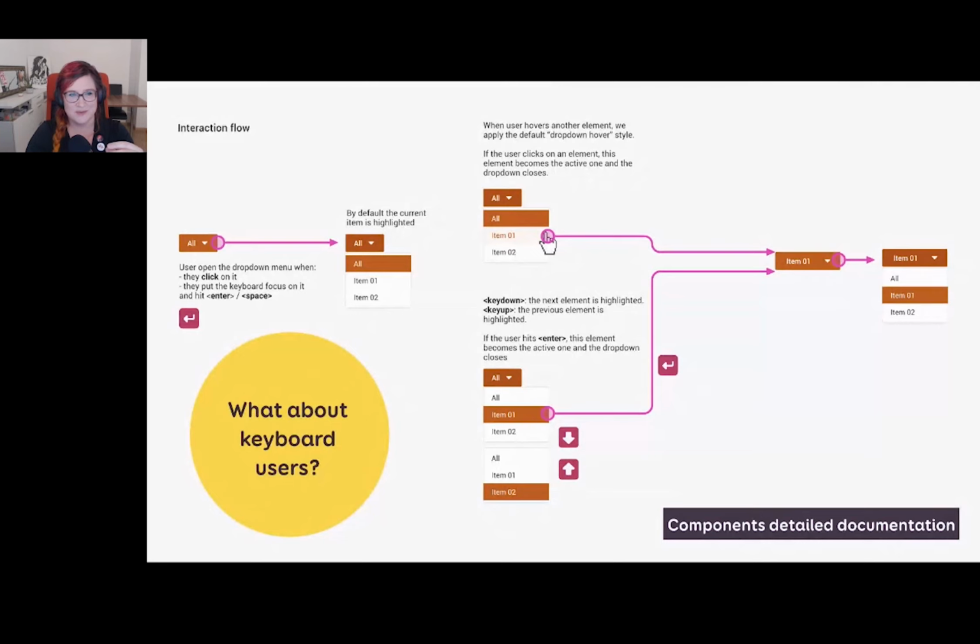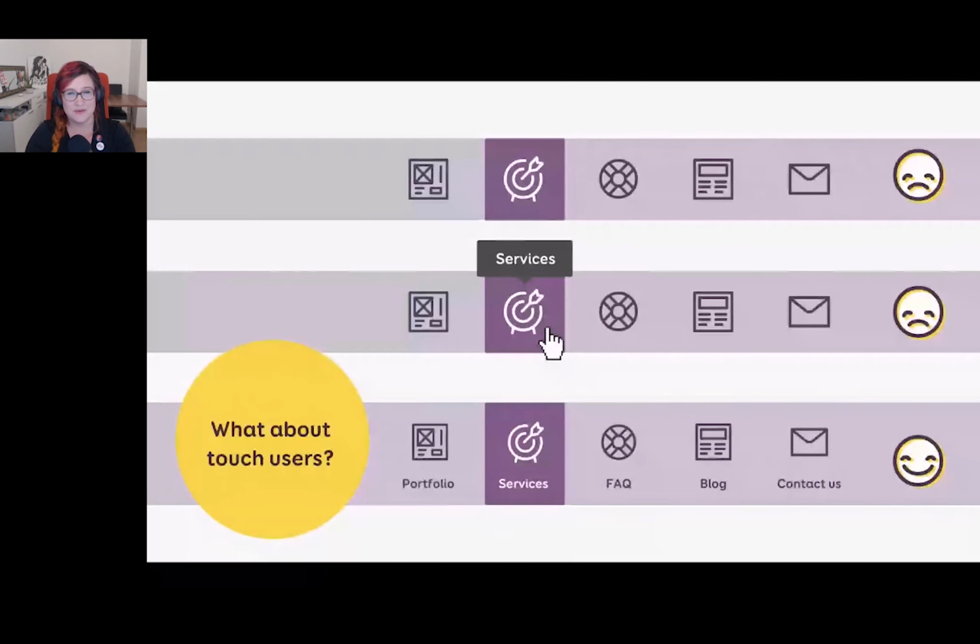Because what happens with touch is that if you have an element and it has an over effect, when you touch it you might see the tooltip for half a second, and then it's gone, and then the new page opens. So it's a quite clumsy experience for touch users. So we said, maybe just put the label next to the icons. This is what a lot of people have been doing so far. It's best for everyone: for touch users, for mouse users, for people who don't understand the icon, things like that.